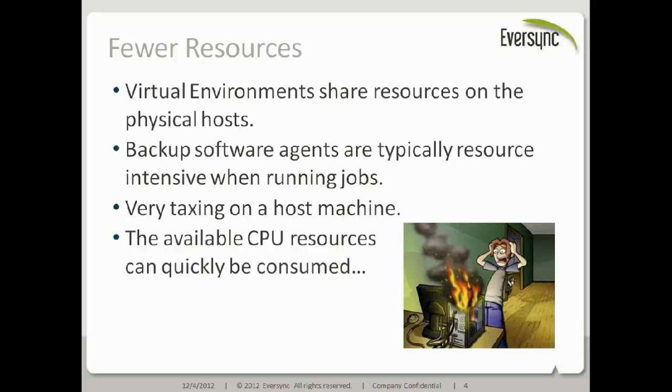And backup software agents will consume resources and use a lot of disk I/O, things like that, when actually performing the backup, which can have an impact that's much more noticeable in a virtual machine than a physical machine. And if you've got that going on in several virtual machines on one host, the aggregate impact can be pretty big.